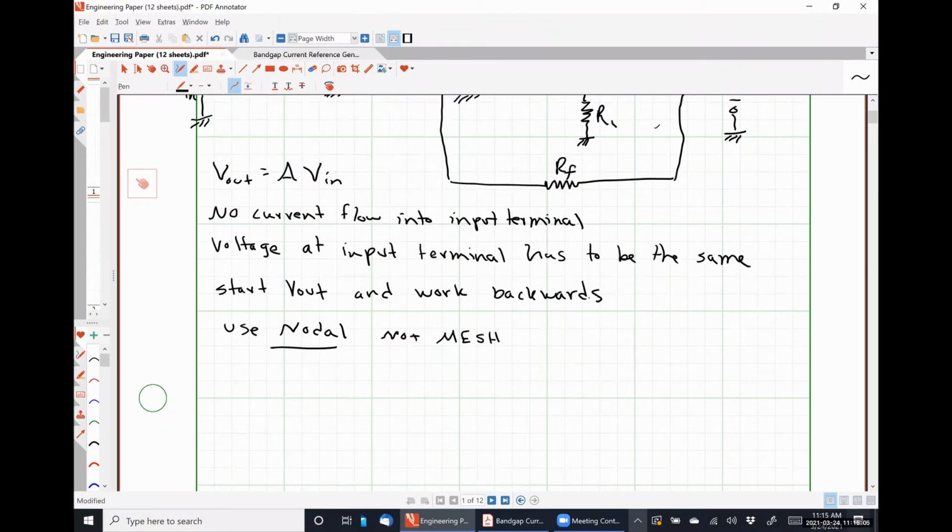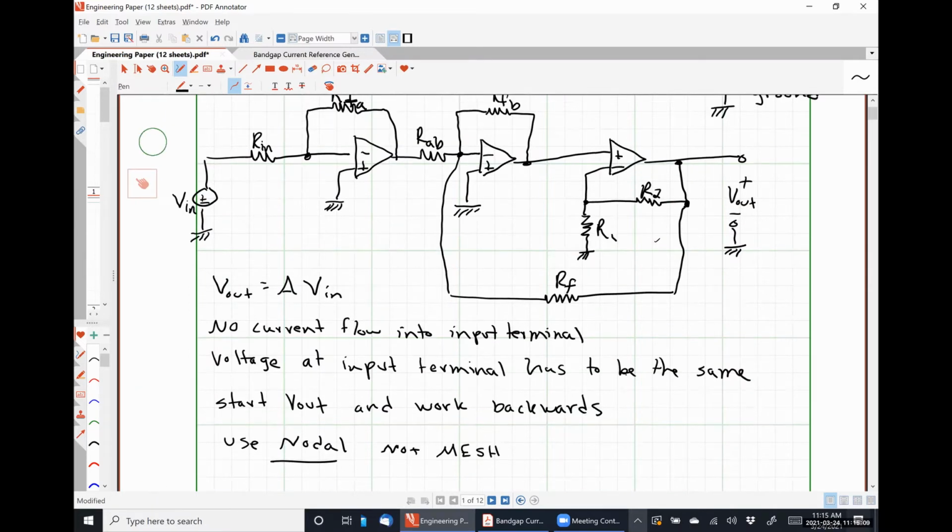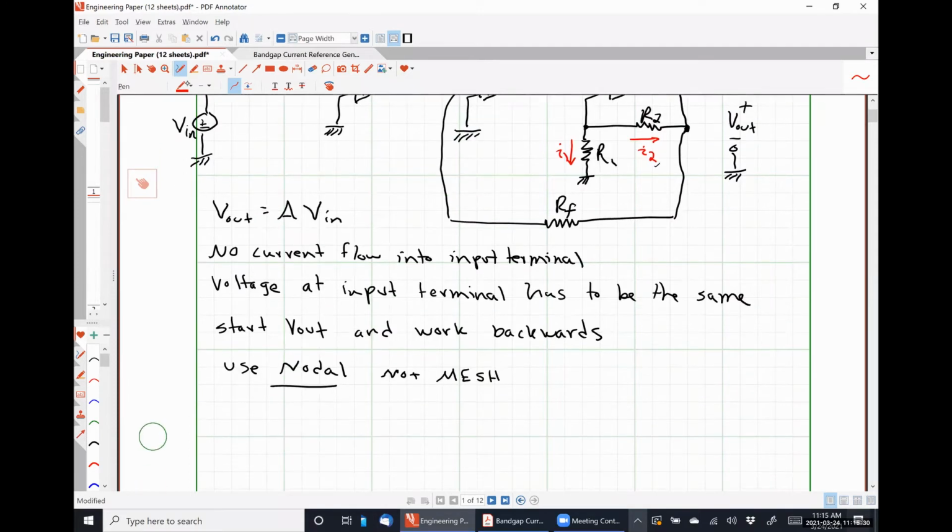So like I said, you want to start with V out. And so we're going to start writing nodal equations for V out. I'm going to turn this to red. So I'm going to start defining currents all over our circuit. So let's call this current I2. Let's call this current I1. And let's start here. Okay, so if we write an equation for I2, we'll have I2 equals,